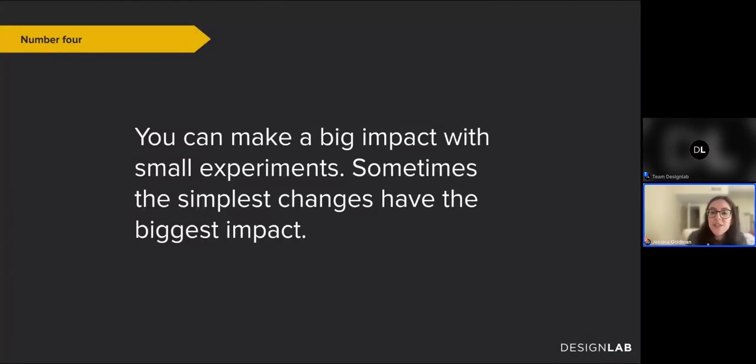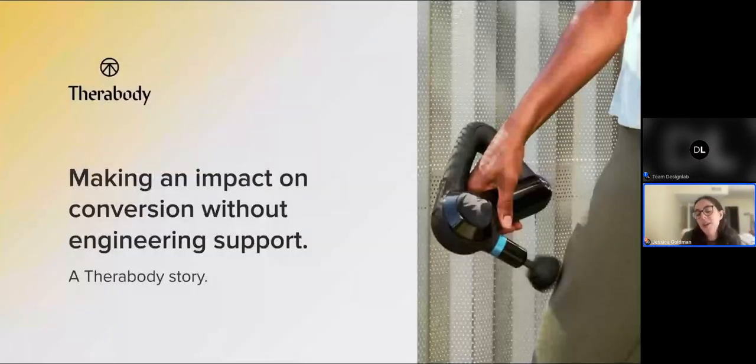So diving a little bit into my time at Therabody. Therabody is the parent company of the makers of the popular Theragun, which is the really popular massage gun. You can see in the picture here. They're known for their sports partnerships. Basically, my goal was to focus on digital conversion on Therabody.com. So basically getting people to buy all the Theraguns and convince them to buy the $600 massage gun, which